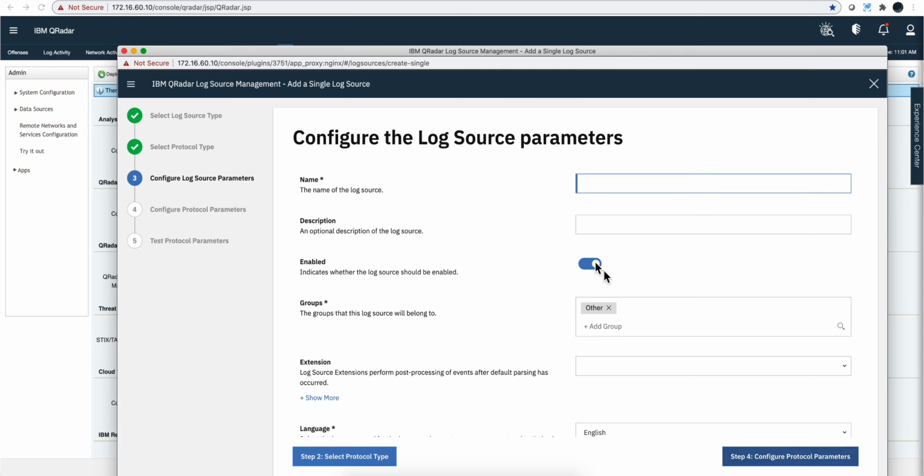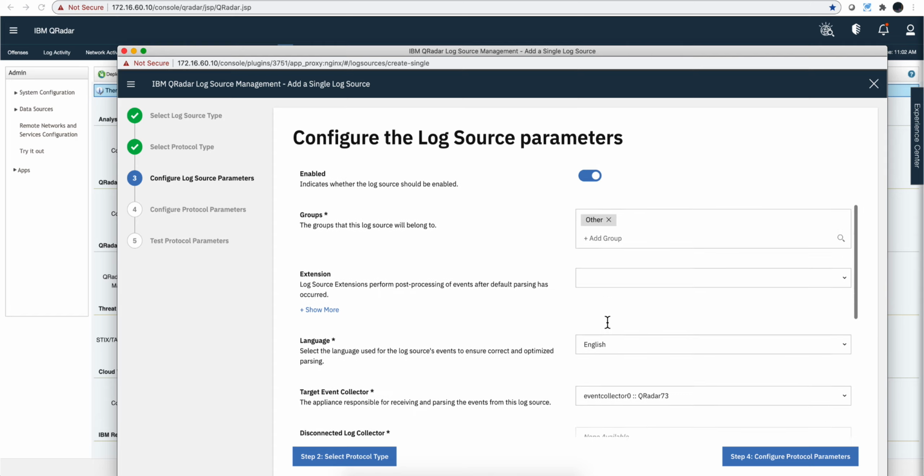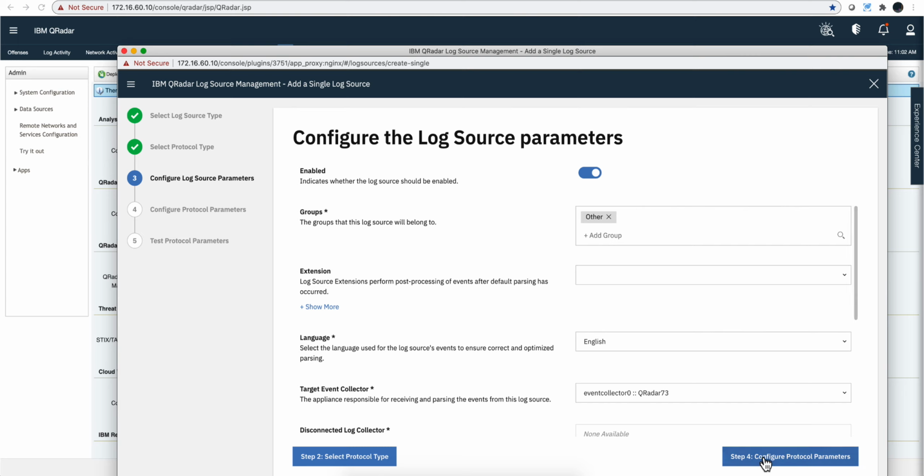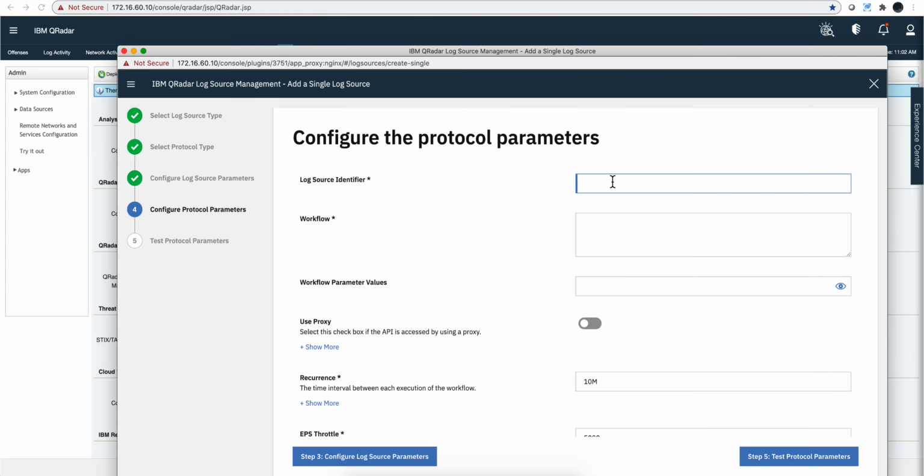And now is where you put that data. Well, you give it a name. Microsoft actually was testing this before. Cloud Application Security demo. You put a description if you want. I'm going to take coalescing out so I can see more events coming. And then here is where you put the actual name